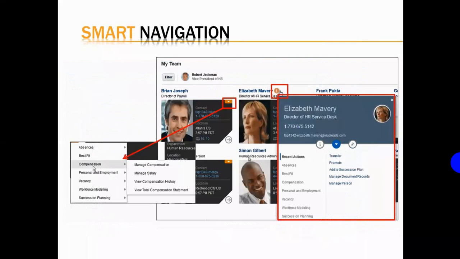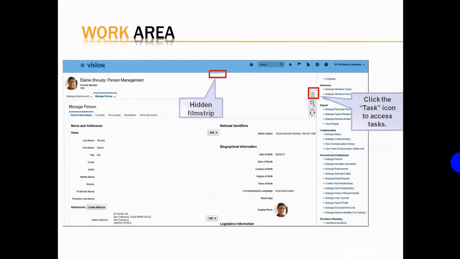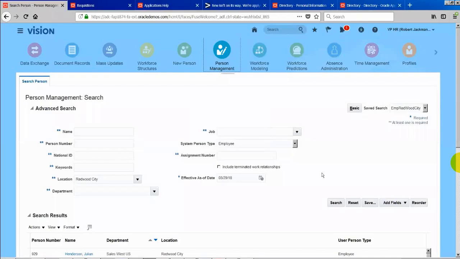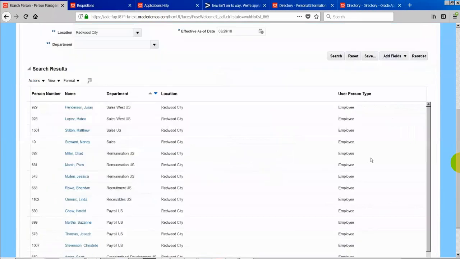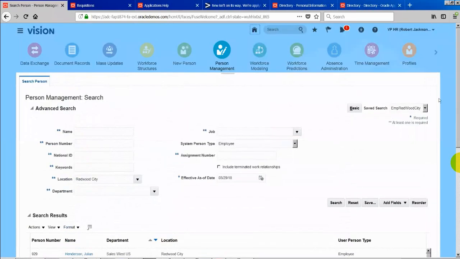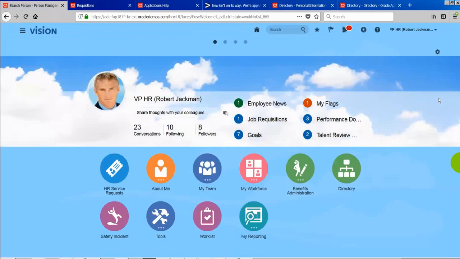Okay, so here we have seen smart navigation. I think I have covered what I wanted to cover with the basic navigation, the typical basic navigations and the basic search criteria. So tomorrow I will start with security, and then we talk about security and how it works, and we will start creating a sample small user, and we'll see how the security works for that user.